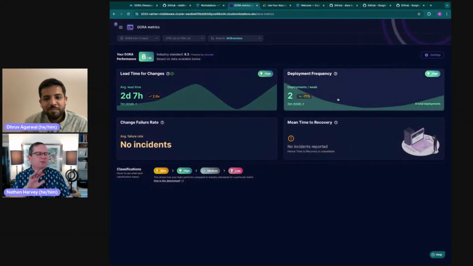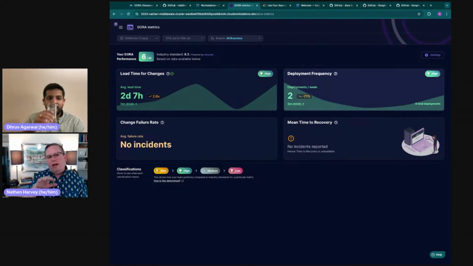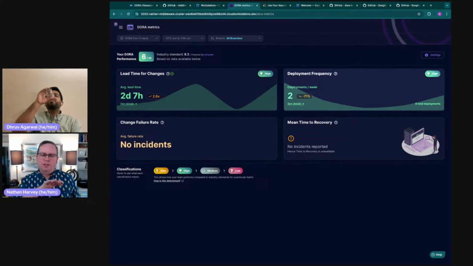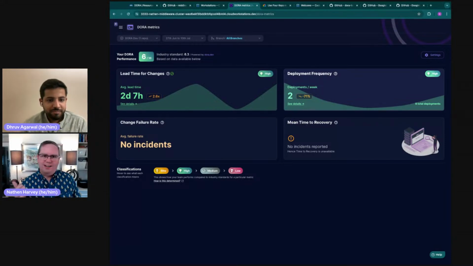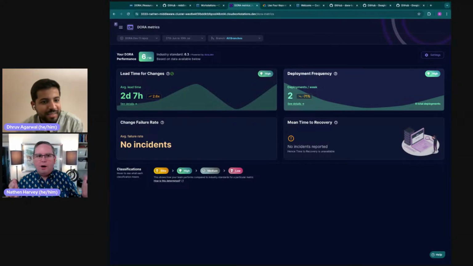Just so I understand, the way that you're counting deployment frequency today is once a change gets merged into the main branch, that counts as a deployment here, because the access that you have is only to my PRs. As it turns out, the way that we run Dora.dev, our deployments kick off automatically once you've merged to main. So this works very well. DORA.dev, of course, is mostly a static website. It's generated by Hugo, so there's not a whole lot of complexity to it, if you will.